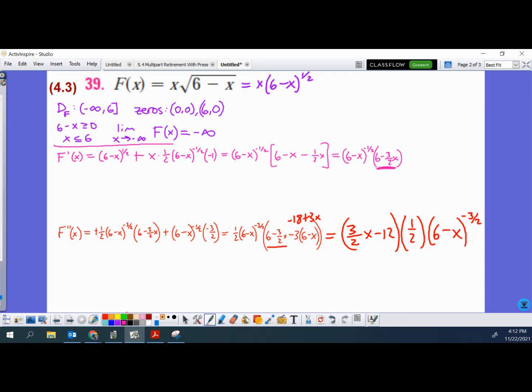And then this one, that's where the real critical value is going to come from. So I'm going to set that equal to 0. So 6 minus 3 halves x equals 0. 6 equals 3 halves x. Multiply both sides by the reciprocal, and you get x equals 2/3 of 6, which is 4, right? That's our key number. And so for my sign chart on F prime, we're going to go from negative infinity up to 6, and we're going to put 4 on there in the middle, and we're going to go ahead